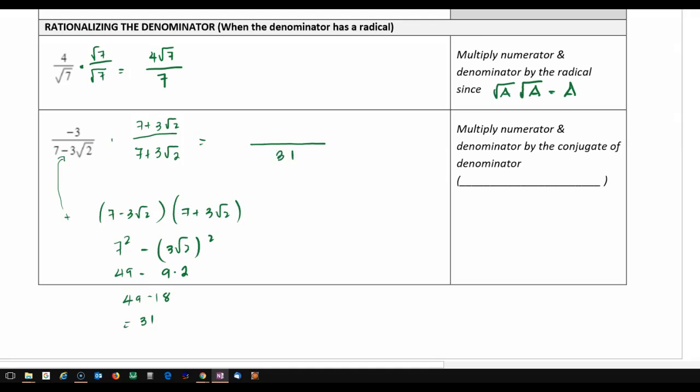So the bottom is 31, and the top is minus 3 plus 7 times 3 square root of 2, which is minus 21 minus 9 square root of 2 over 31. So we got rid of that square root of 2 below by using this process, which is, by the way, called conjugation. The principle behind conjugation